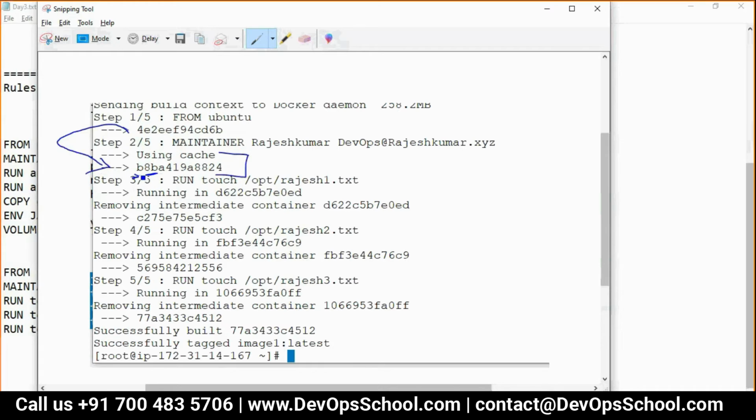From this layer, they created a container. So you can create a container from a layer also, no problem. You have to tag it, that's all. So here you see this is the layer ID, commit ID. From there, here you got a container. In this container, Docker has written this file.